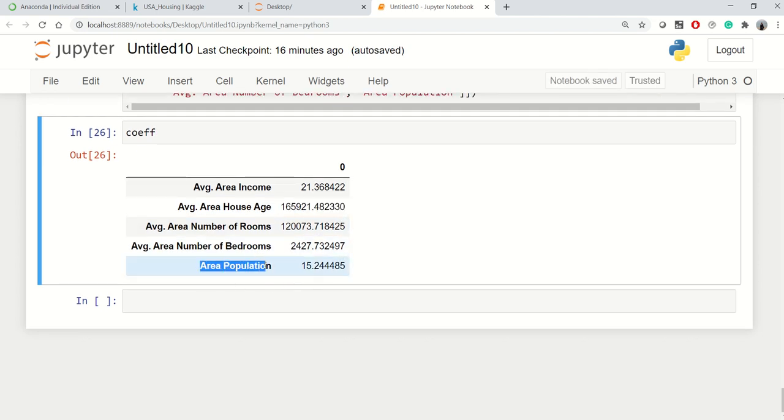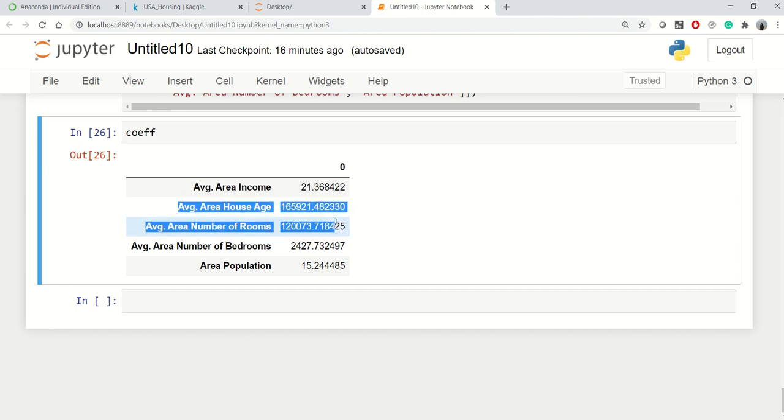For area population, holding everything fixed, 1 unit increase in area population would increase our price by $15. So from these values, you can interpret that the price of the house is highly dependent on these variables, and this number is very big for average area number of rooms too.